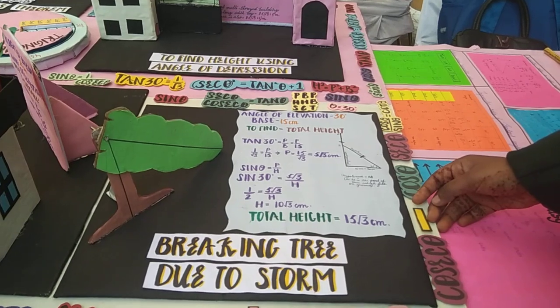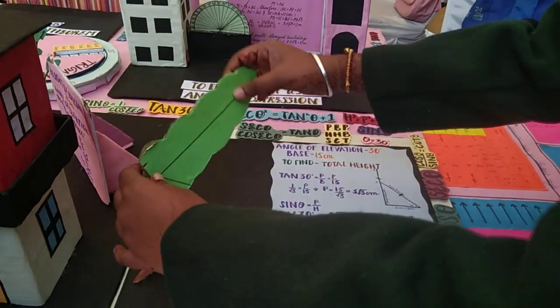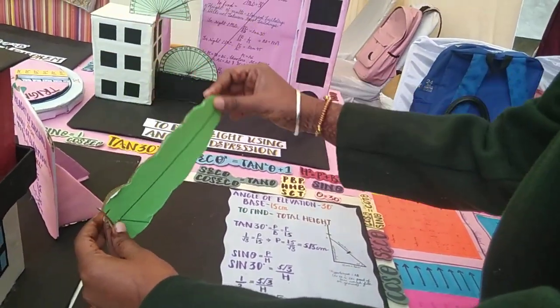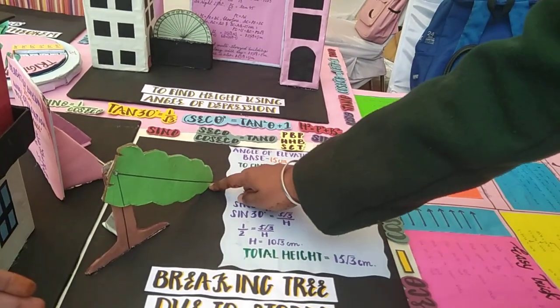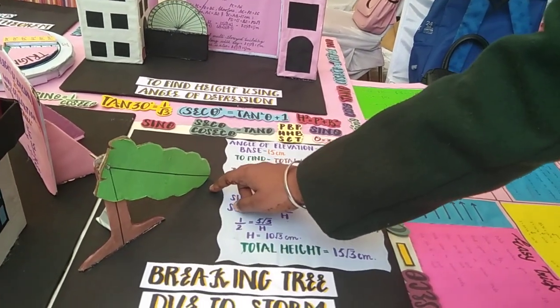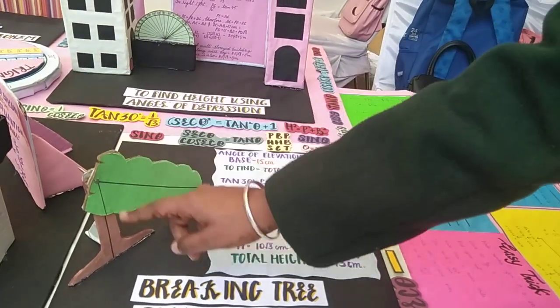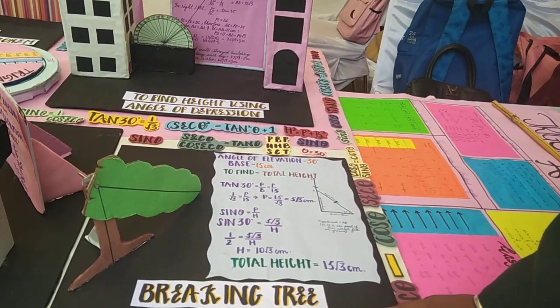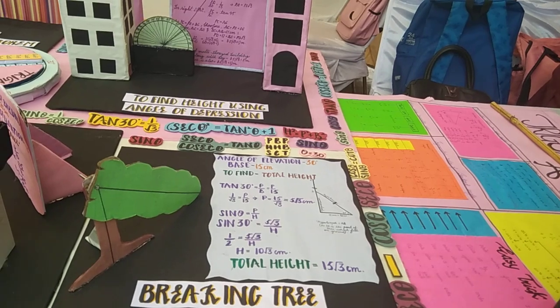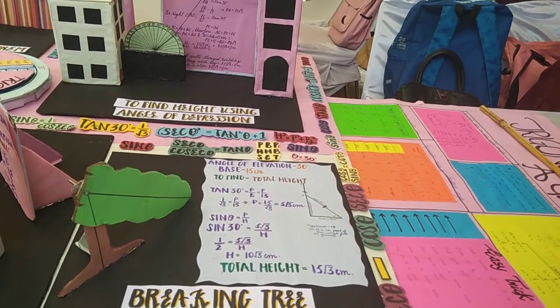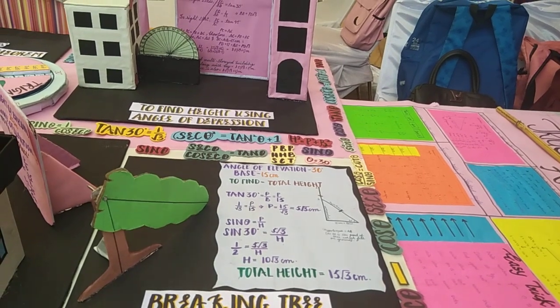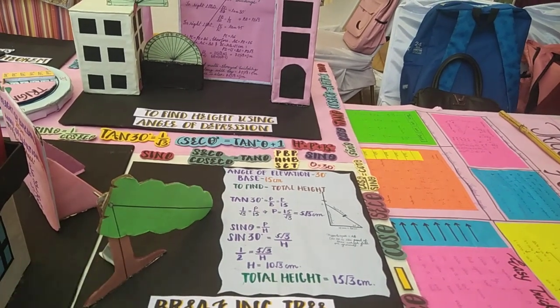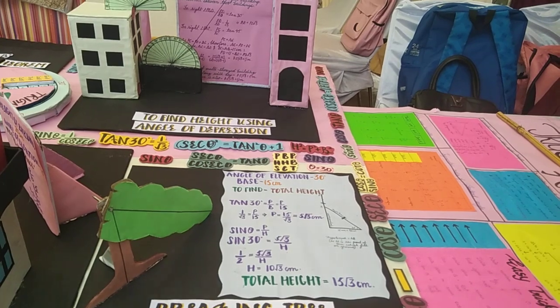Now, moving on to an interesting example of trigonometry, that is a tree breaking due to a storm. Here, suppose a tree was standing erect and it had fallen down due to a natural calamity such as a storm, and it touches the ground at a certain angle. Now we have to find the total height of the tree. It may not seem appealing to us, but trigonometry has made this concept very easy. To find the total height of the tree, first of all, we will find the perpendicular distance. The angle of elevation is given to us as 30 and the base distance is given. By applying the tan function